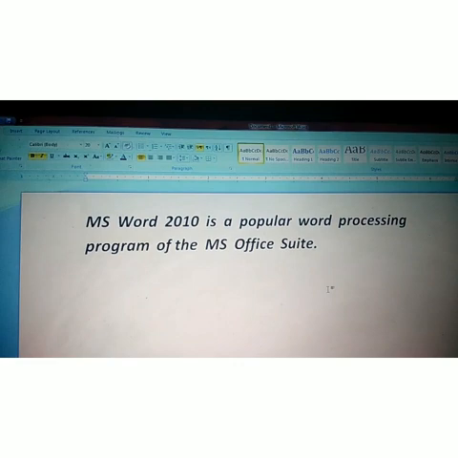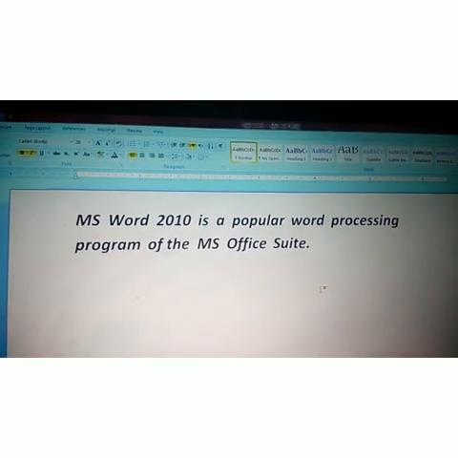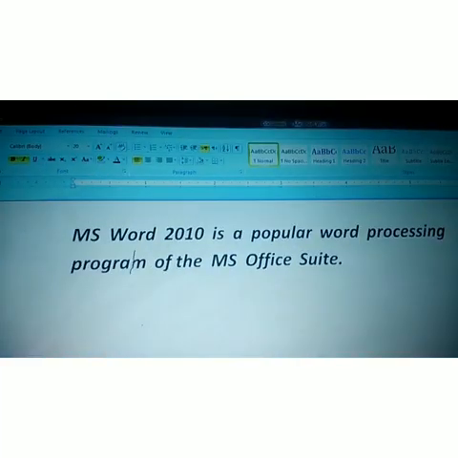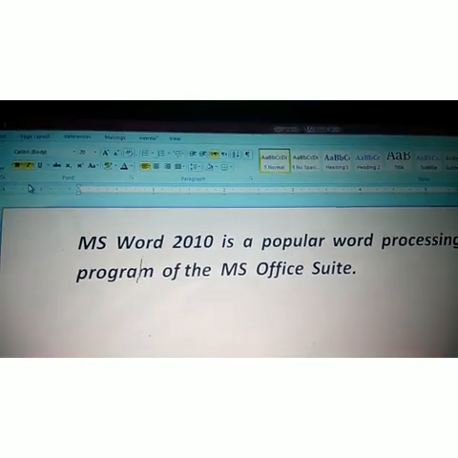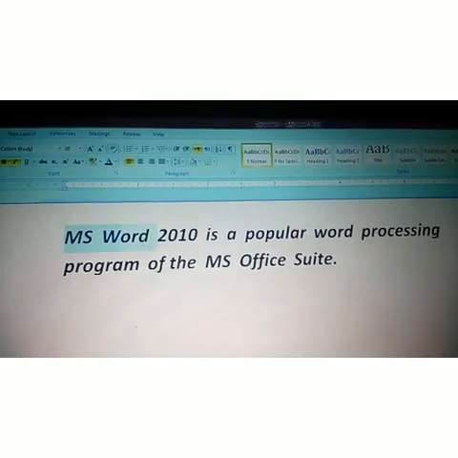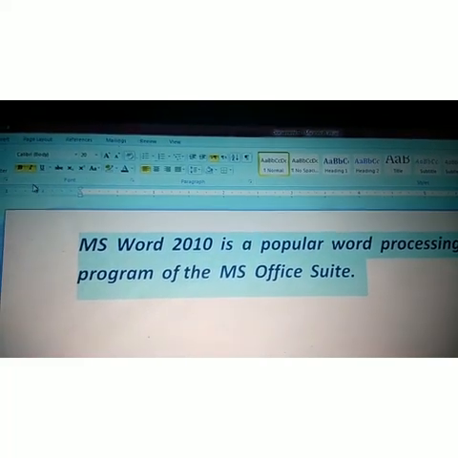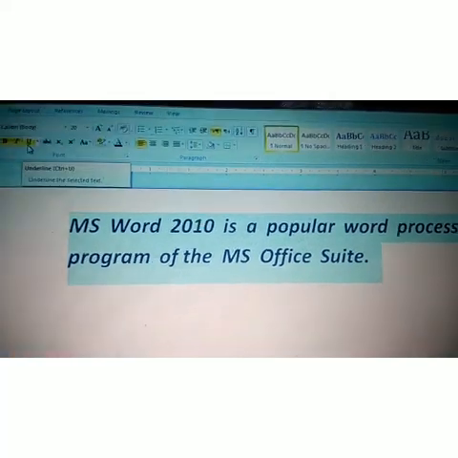Now student, next we will see the underline feature. How to use underline on a whole sentence. Firstly, same as before, select all sentences. After that we click on U. See, it's called underline.